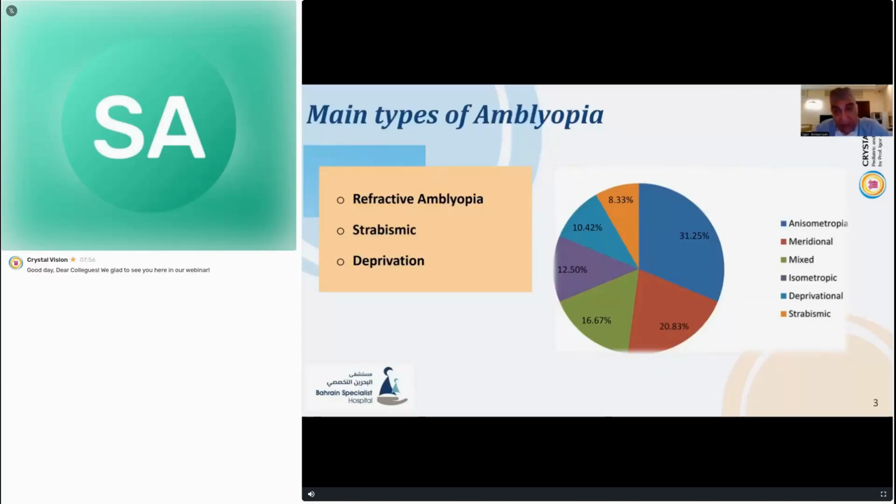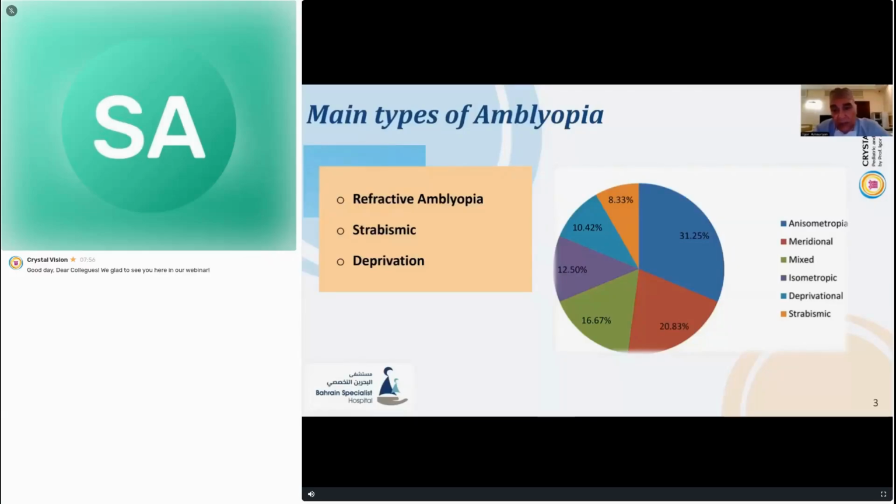And then there is deprivation amblyopia, also known as obscuration amblyopia, which is associated with the impairment of optical media, where there is a kind of deprivation, a complete closure of the eye, as in the case of cataracts. This is essentially deprivation by a cloudy lens. Deprivation can also be of another order, for example, in cases of ptosis, corneal opacity, and so on. The slide shows the respective frequency ratios of the various causes leading to the condition of amblyopia and their respective impacts in detail.